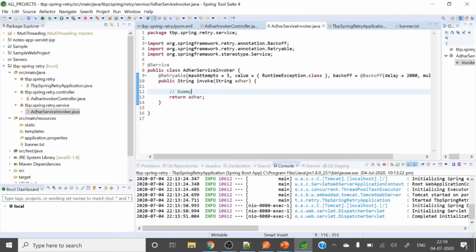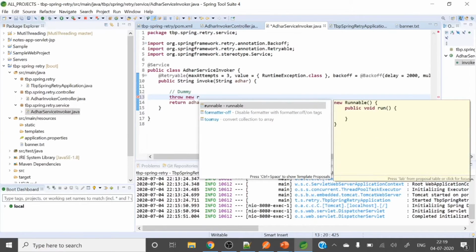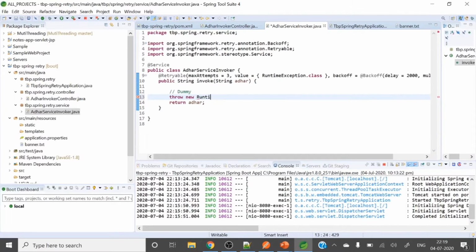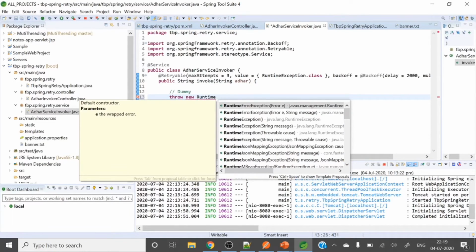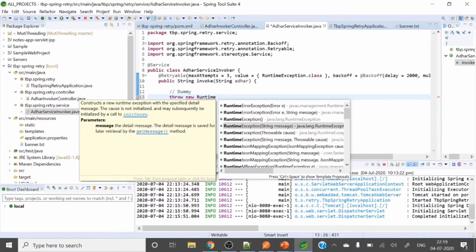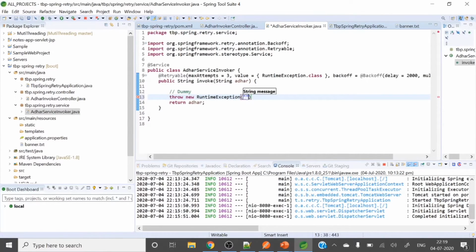So let me throw some exception, then only it will run, right? Throw new RuntimeException, some random exception.